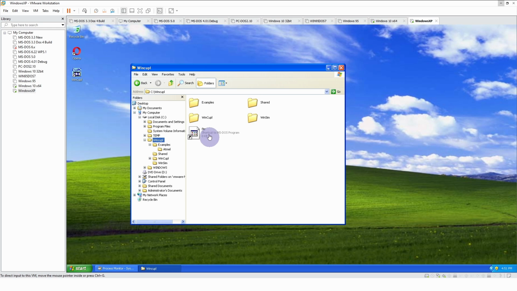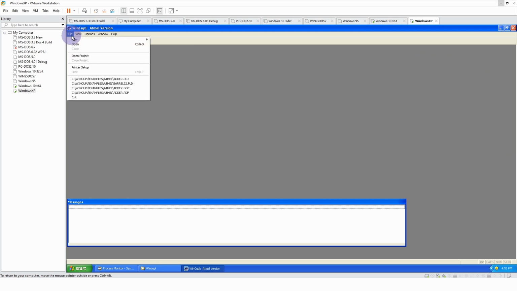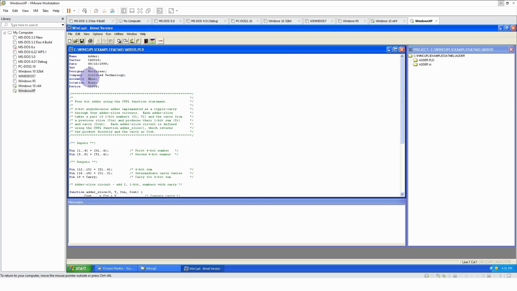You can see we've got the examples and things installed here. Now it's interesting that if you go into WinCUPL here, where we were having problems with it crashing quite frequently, then in fact if we open one of the sample files, so I've just been using adder.pld here, you'll see here that on the right hand side the project view is actually showing the PLD file and the simulator file on the right hand side here, which is different from what we saw in the current version running on